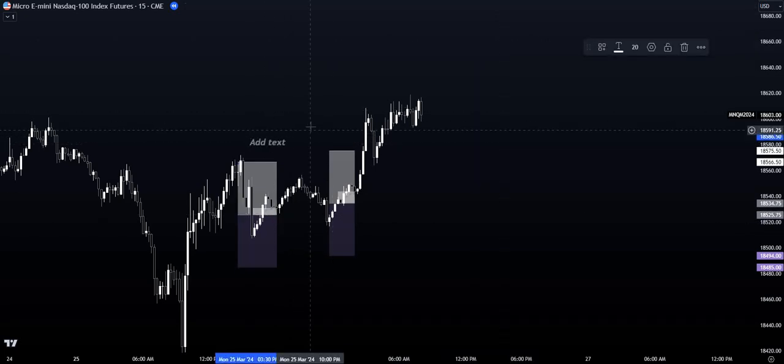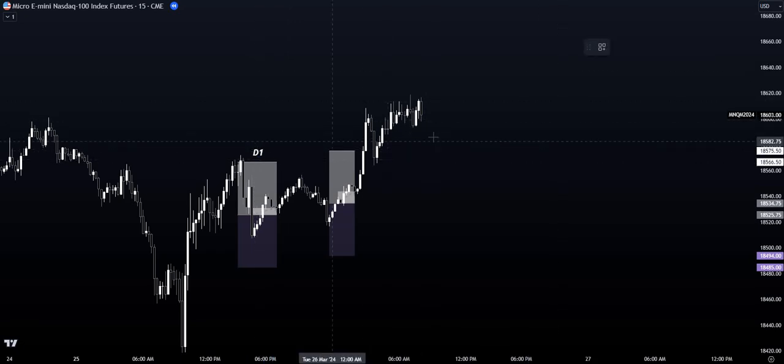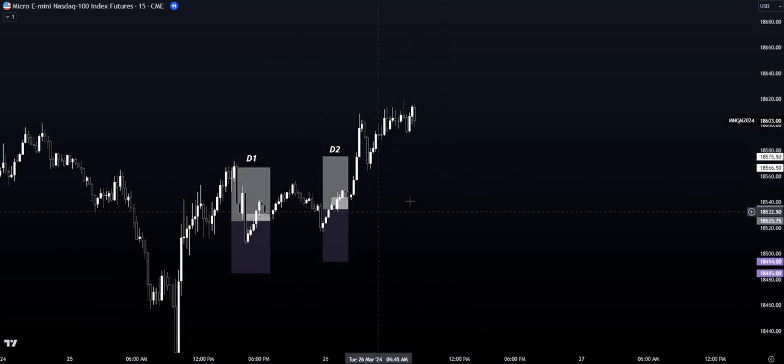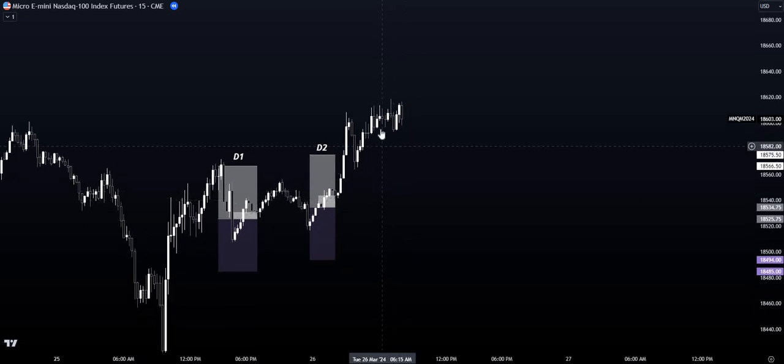So when we pay attention to that, imagine this was day 1. We took a loss here, so day 1, took a loss here. This is day 2, took a loss here. Now we're on day 3 and we're in a 2% drawdown. How are we going to overcome this? Let's give our first scenario first, okay?